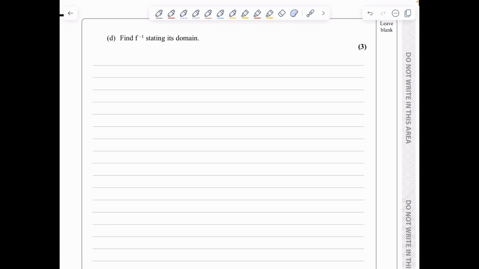In part D, we need to find f inverse stating its domain. So we will start by expressing f of x in the form of y is equal to e to the x plus 2. I will now interchange x and y. So we've got x is equal to e to the y plus 2, which means that x minus 2 is equal to e to the y, and therefore ln of x minus 2 is equal to y. So we can conclude that f inverse of x is equal to ln of x minus 2,